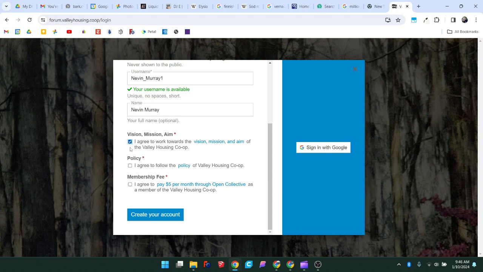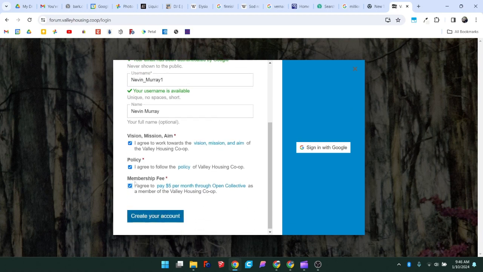And then you have to agree to all of our policies. Each one is a link. You can click on it and read it before you agree to it. And you have to sign up to our Open Collective, which, if you click on this, it'll bring you to that. It's pretty easy to do. Once you agree to all of our agreements here, you can create your account,